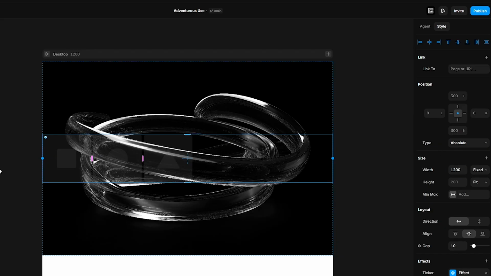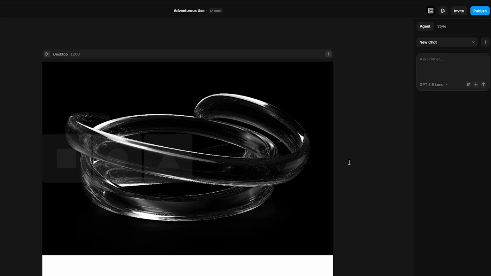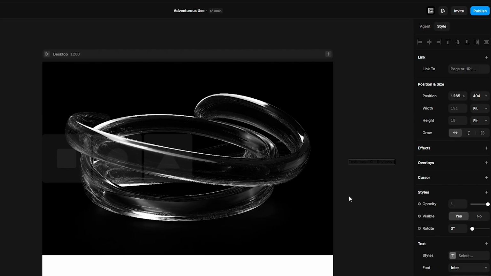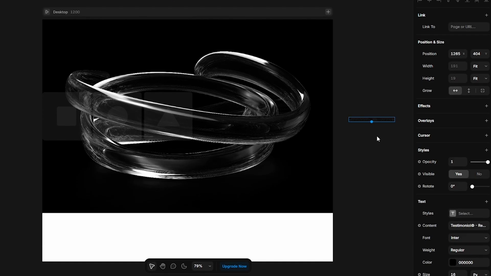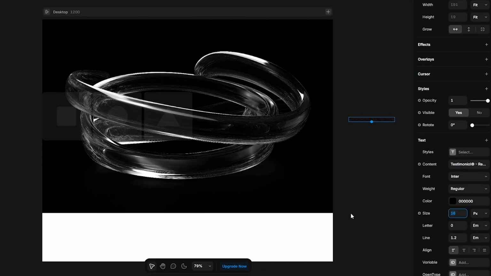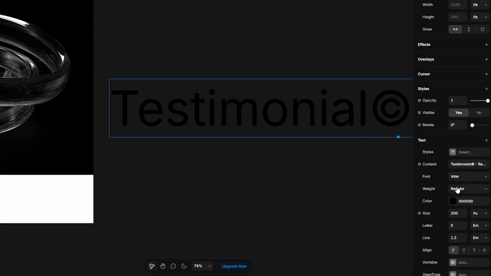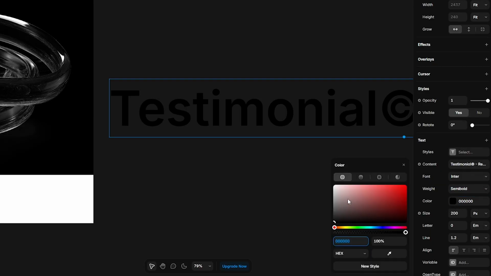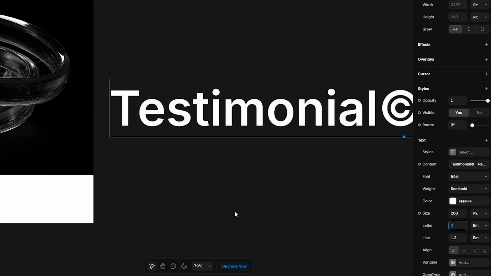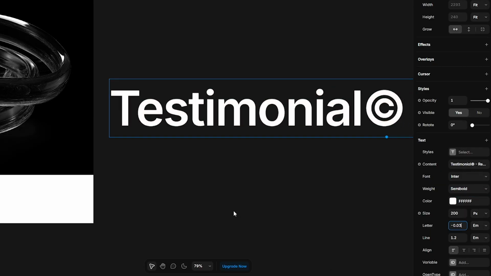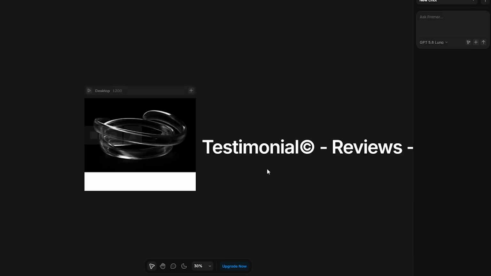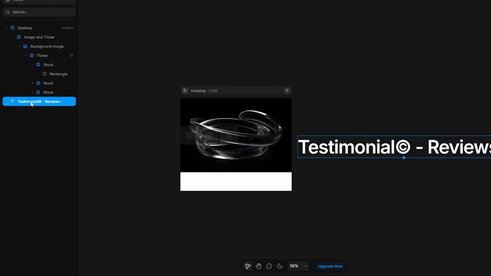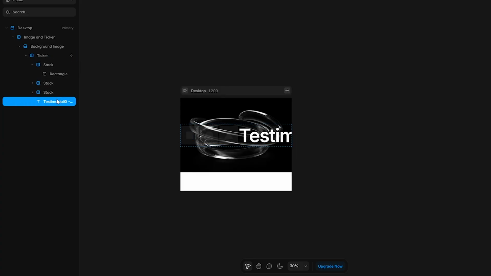Then add our text, press T to add text, and paste this text. Scroll down, size, make it 200, weight semi-bold, color white, letter 0.3, and now everything looks right. Select it, drop it to the ticker here, and then